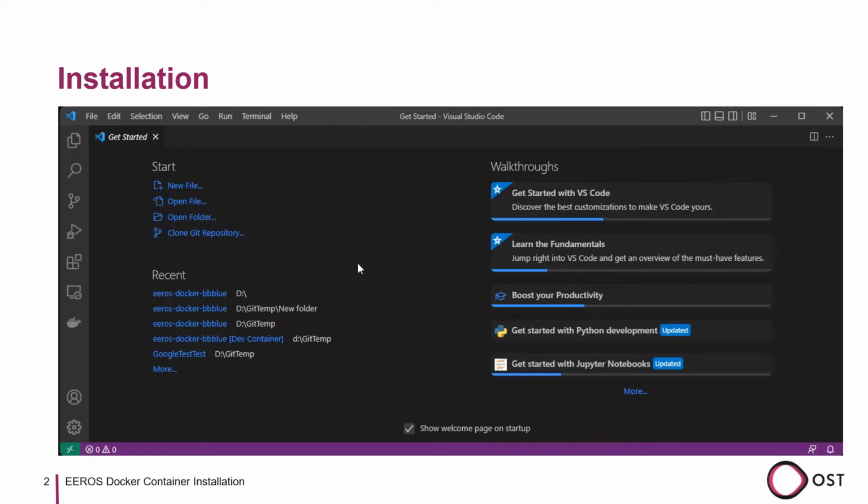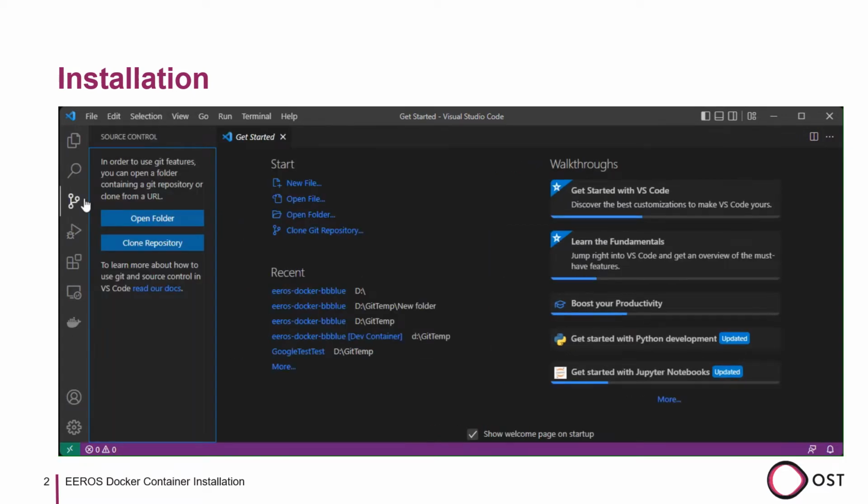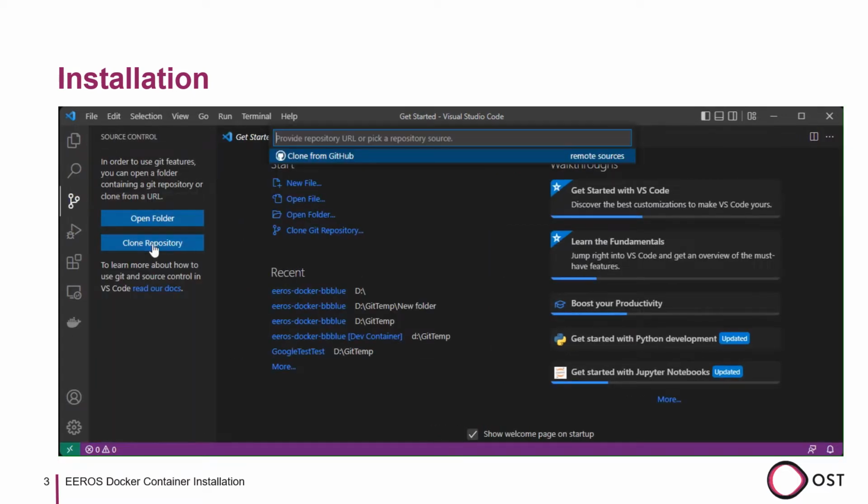First, we clone the GitHub repository, which includes the EEROS Docker container. For this, we open Visual Studio Code and click on the Source Control tab. Then, we click on Clone Repository. Copy and paste the address of the GitHub repository, which you can find in the description, and click on Clone